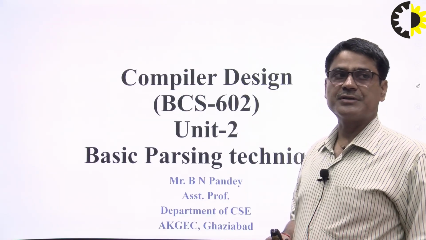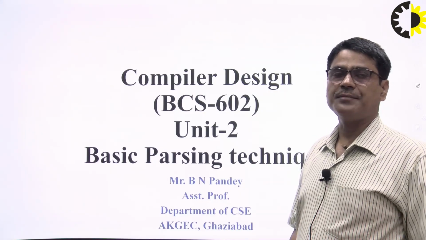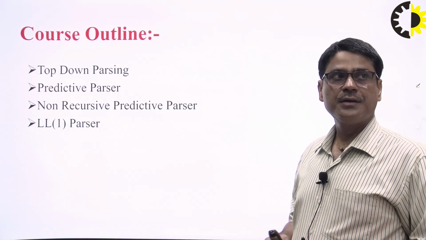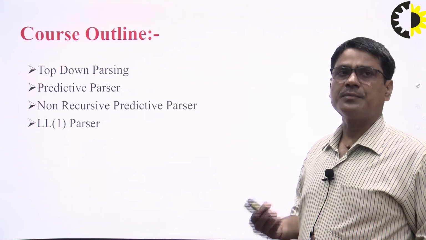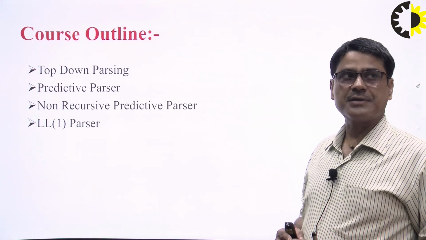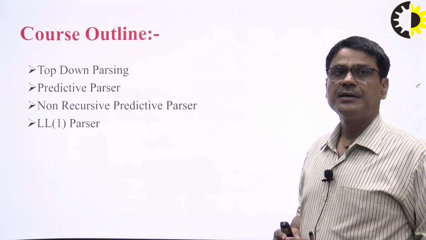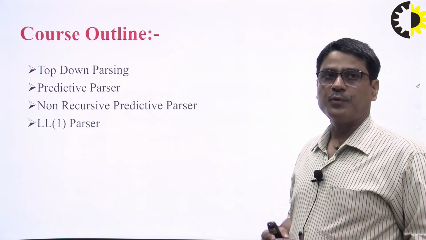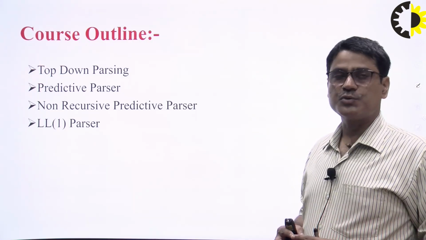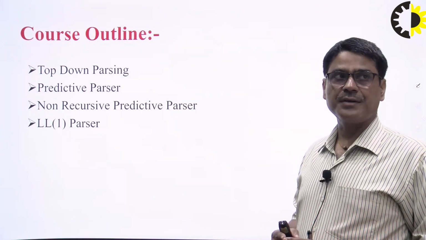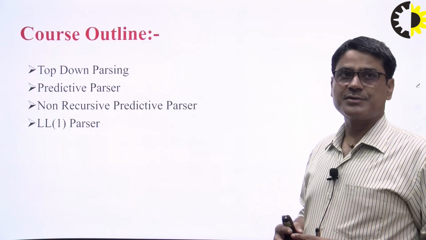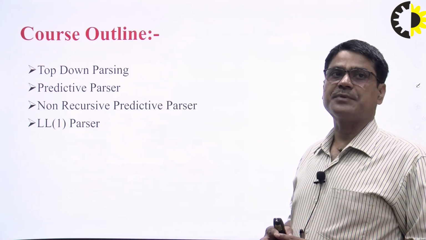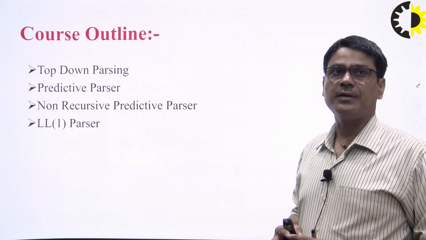Today I'm going to discuss the basic parsing technique, in which I'm just discussing what top-down parsing is, and the only parser that belongs to this category is the predictive parser, or you can say a recursive descent parser without backtracking. Then I'm going to discuss the second category, which is not much useful because it allows backtracking and the recursive process is not involved in that. And finally, the grammar accepted by this predictive parser is called the LL1 grammar.